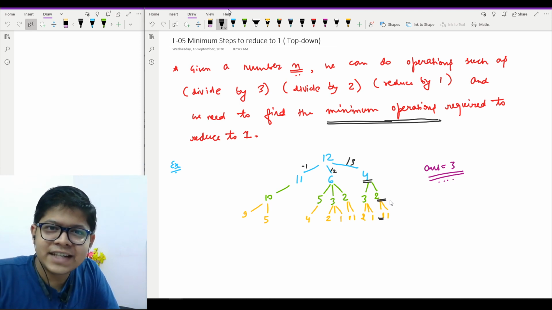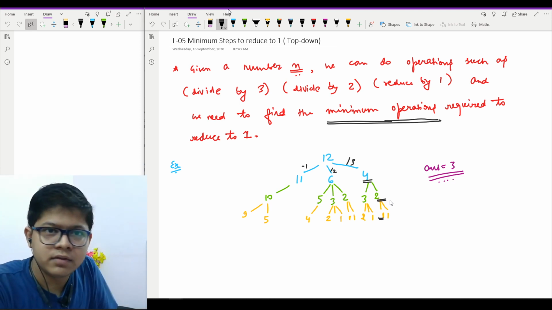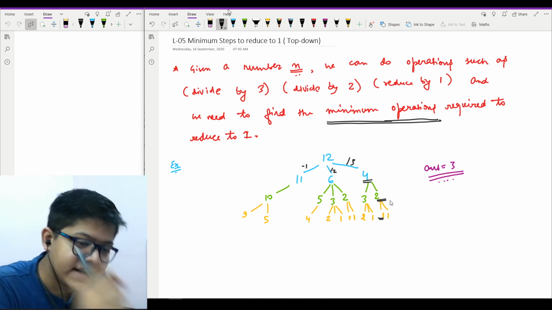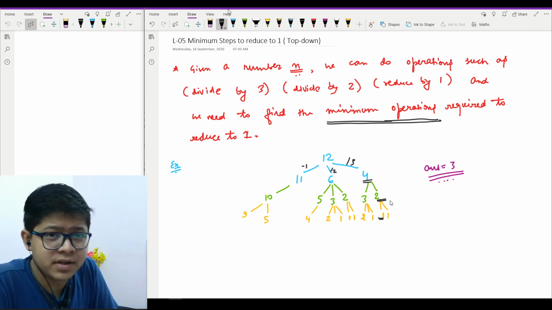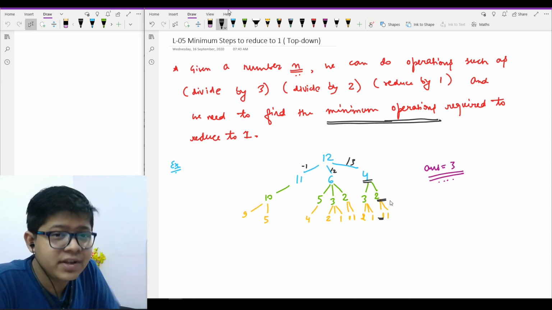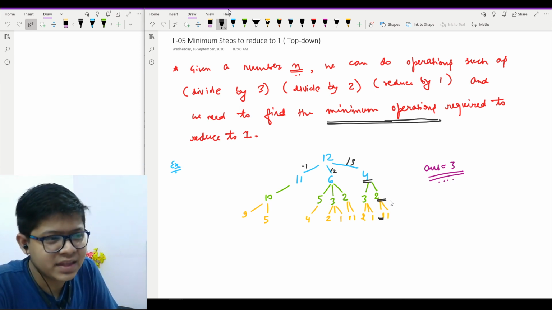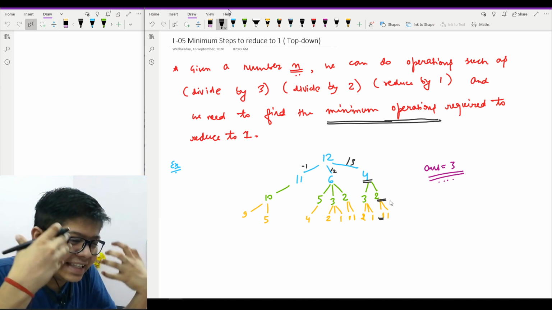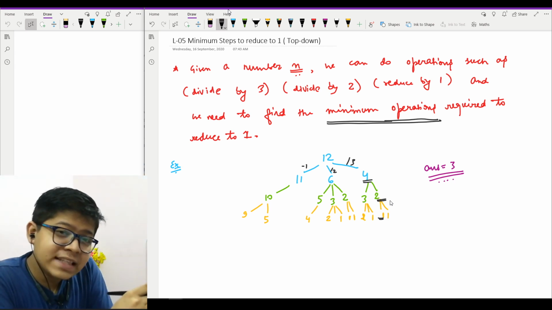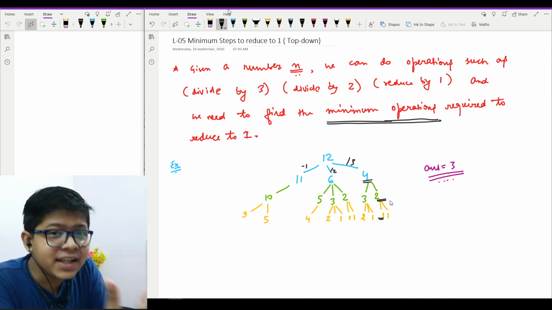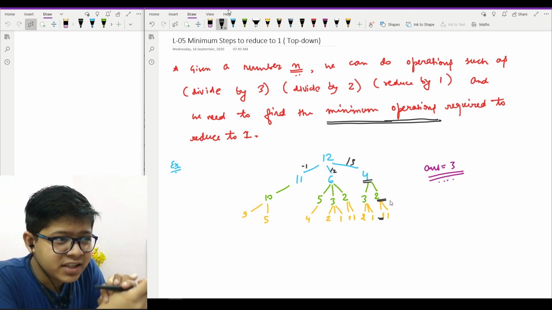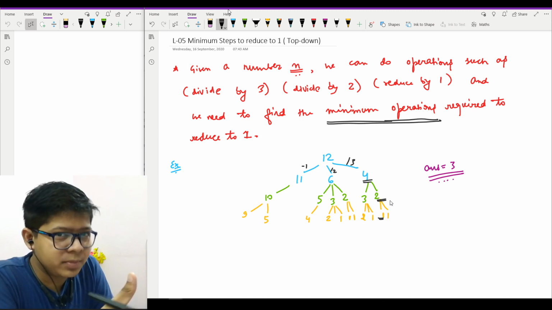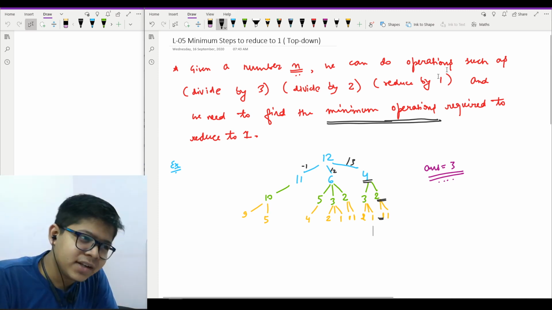Very fine. So why am I applying DP? My answer I am obtaining with the greedy method, I will always divide by the largest number and I'm getting it. But to prove the greedy wrong, you have to come up with a counter example which will let you know that okay, greedy is actually wrong. Now how do we get the example? Without having any example in such cases, you cannot say that okay, greedy will not apply here, right? So let's have a counter example.